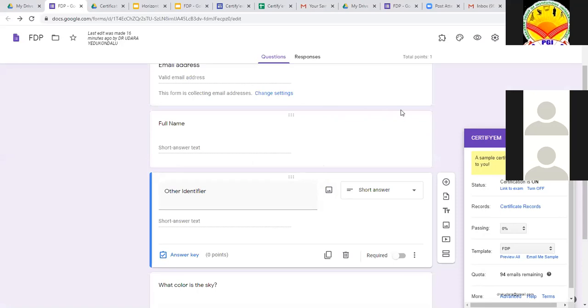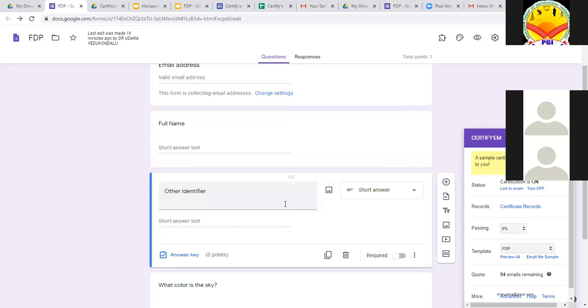Yes, sir. Continue, sir. So far we discussed how to generate the internal or default certificate, how to edit the default certificate, how to add our credentials, how to upload into the drive, and then how to attach it to the template. So that part is over. Based on the certificate design, daily we can send 100 certificates to the participants. It is the maximum limit, the quota per day.